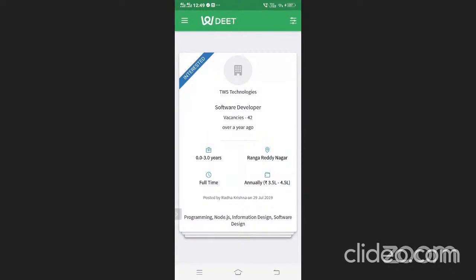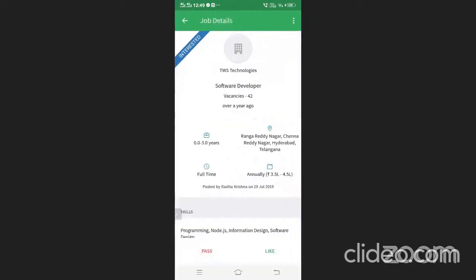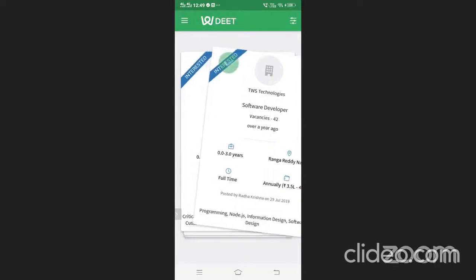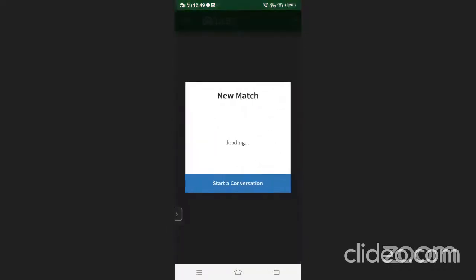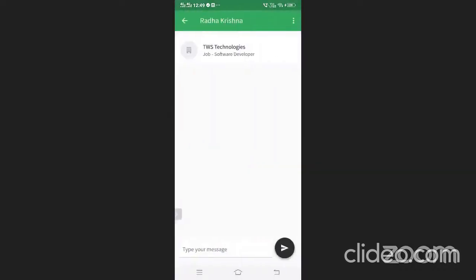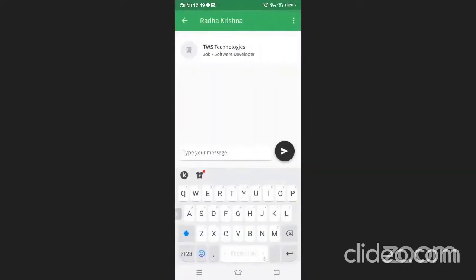Vacancies are 42. Now, I really do like this job, so I'm going to swipe right, or click on like. Once I swipe right, my profile is already shortlisted by the recruiter and I'm ready to start a conversation. If your students apply for jobs like this and get shortlisted by the recruiter, you can tell them to send a message to the recruiter immediately.